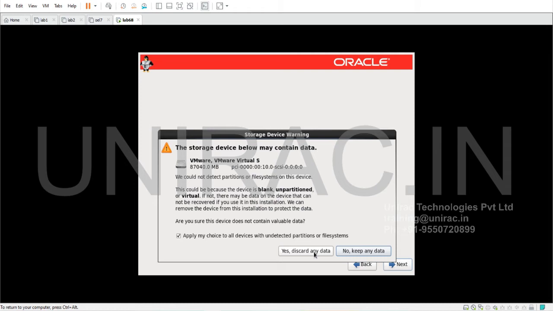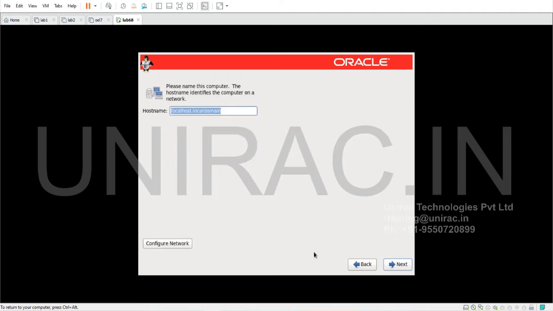It's warning that the storage device is going to be formatted. So yes, discard any data in that. Click the button yes, discard any data.